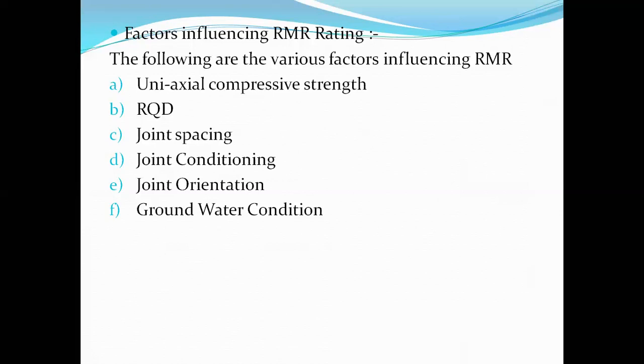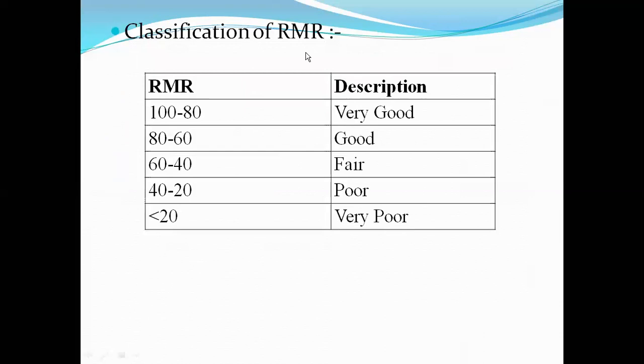Okay, so let's move on. Now, those are the 6 parameters. Then we'll discuss the classification of RMR, because we'll be calculating the different values in the laboratory, and based on the values we obtain, the corresponding RMR rating is given. So if you know the RMR rating, we should be in a position to predict